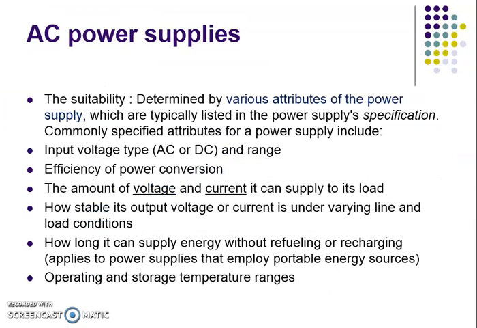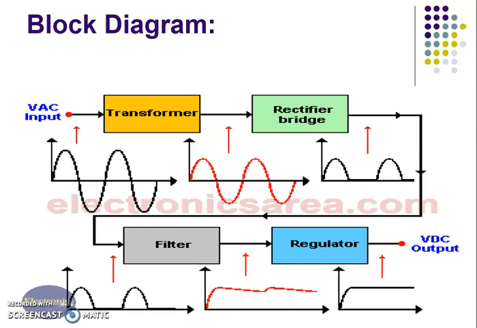So I will not read the theory part. Let us come to the block diagram of regulated DC power supply. There are 4 blocks of the power supply. The first block is transformer, then rectifier, then filter, and the last block is regulator. One by one we will discuss all the 4 blocks of power supply and the input and output waveforms of each block. So this is expected in this.